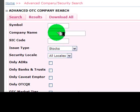This will not include the companies that are listed on the big NASDAQ, like the capital markets and the bigger NASDAQ. It will not include New York Stock Exchange stocks, and it will not include American Stock Exchange stocks. But this is for pink sheets, over-the-counter bulletin board stocks. We're going to want to click on the download all button right here,